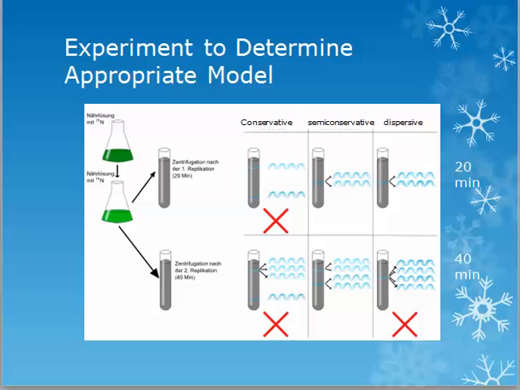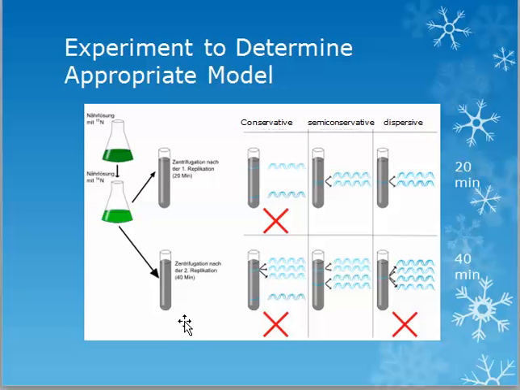In the 1950s, two scientists, Meselson and Stahl, designed an experiment to determine which model was correct. In their experiment, cultured bacteria were immersed in nitrogen-15 medium, then transferred to a nitrogen-14 medium. The first generation of replication, which was centrifuged after 20 minutes, contained a hybrid of the heavier nitrogen-15 and the lighter nitrogen-14. The second generation of replication, which was centrifuged after 40 minutes, contained both the hybrid and the pure